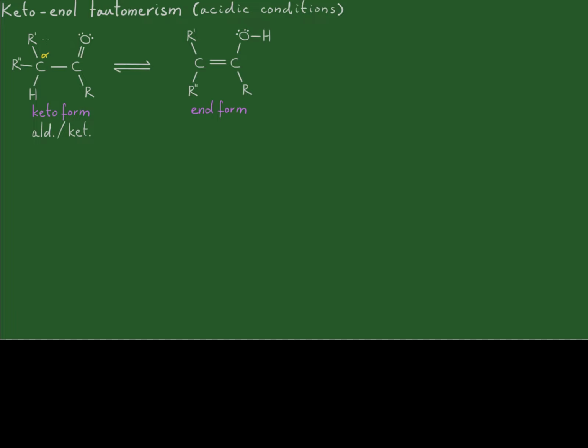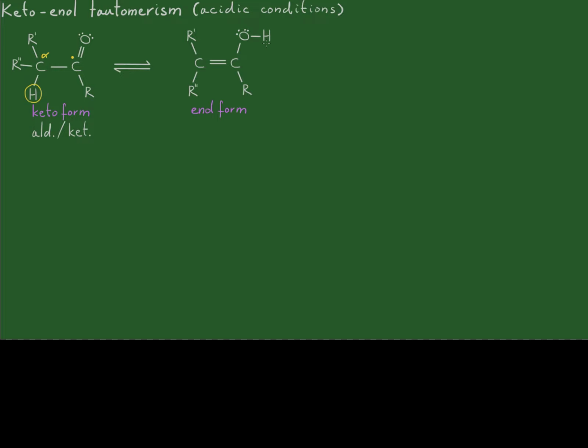What do I mean by that? Well, this carbon here with the yellow dot, that is the carbonyl carbon. The carbon next to it is an alpha carbon. Any hydrogen attached to it is referred to as an alpha hydrogen. So generally speaking, you could say that as we go from a keto form to the enol form, the alpha